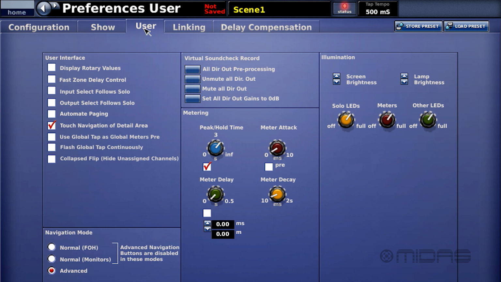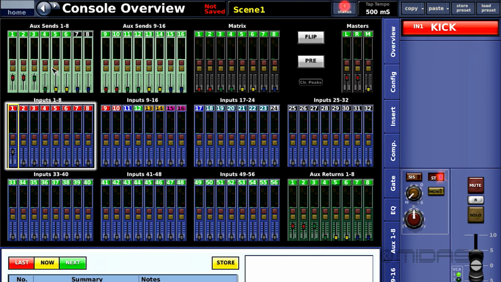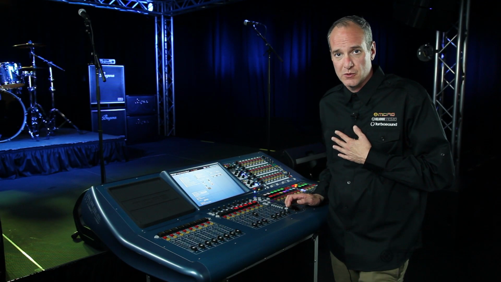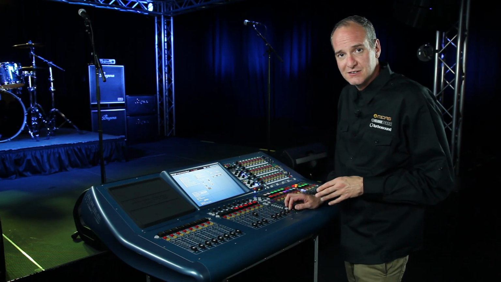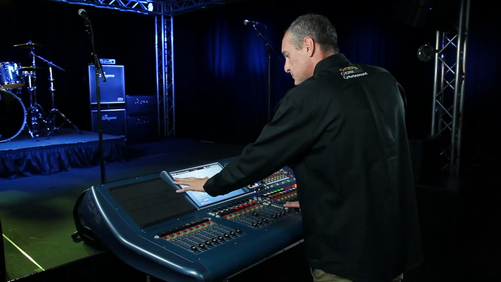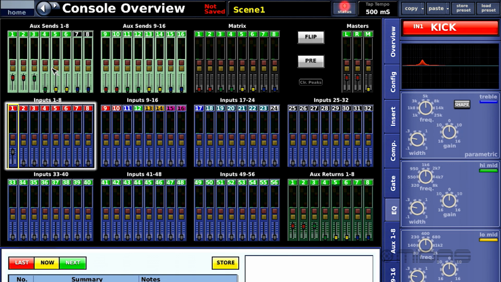And now we're going to move over to the third tab on the Preferences page, and that is the User tab. This one's great because this is how you set up the desk to basically work the way you want it to work. So any of these things can be changed and saved to your show file as you need them. The Display Rotary Values checkmark allows you to go to any of the pages, and anything you touch now